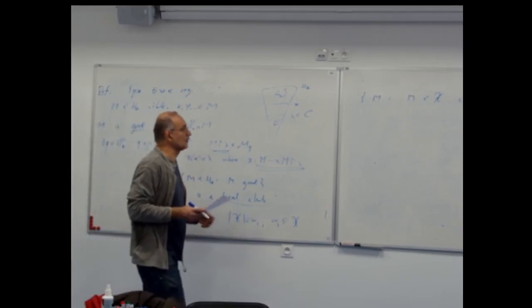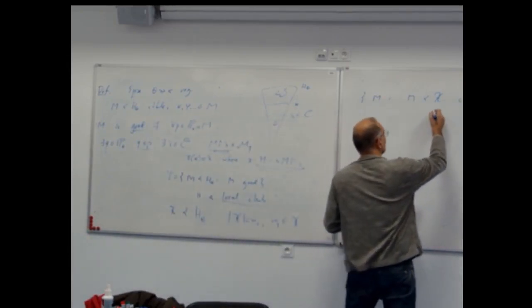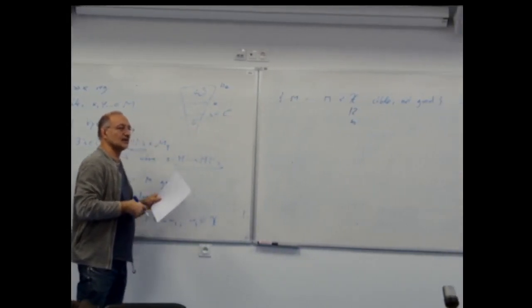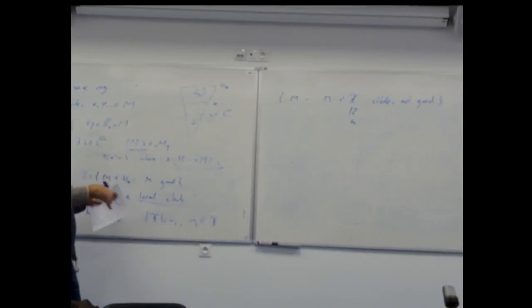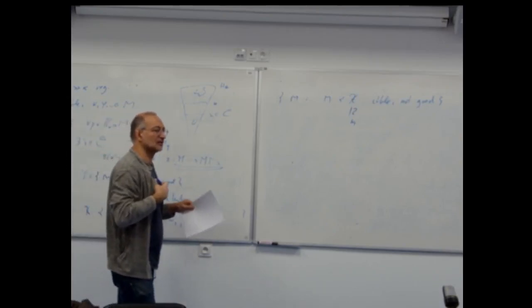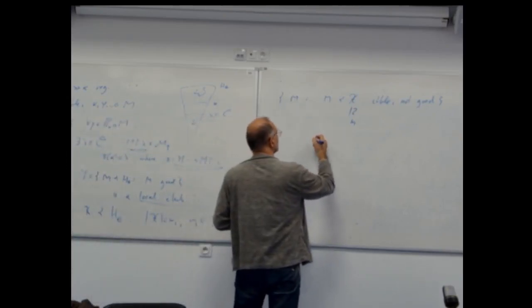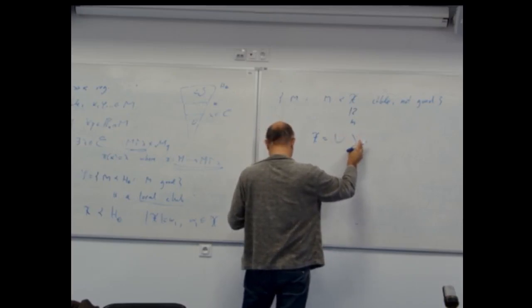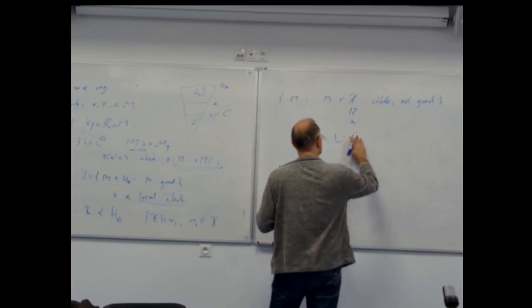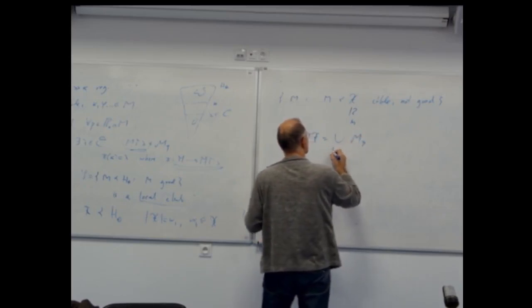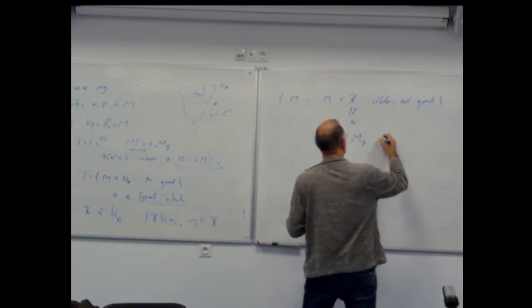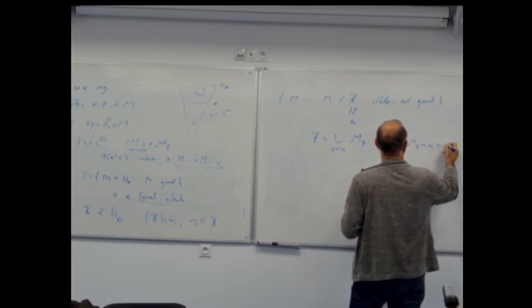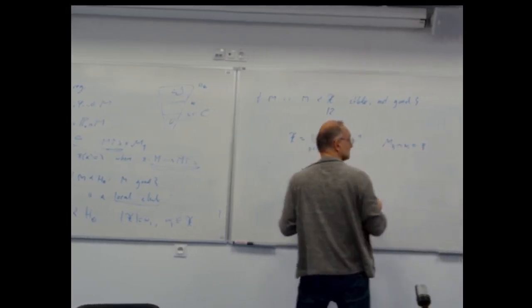Moreover, we can fix some bijection between omega 1 and x, and we can just write x as an increasing continuous union of countable models. X is the union of x psi. Increasing continuous, and then we can assume n psi intersection omega 1 is psi for club many psi.